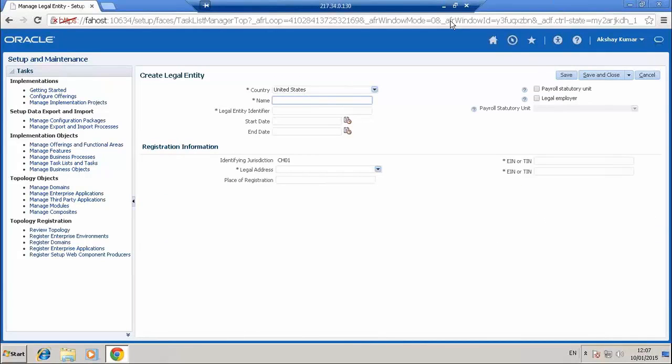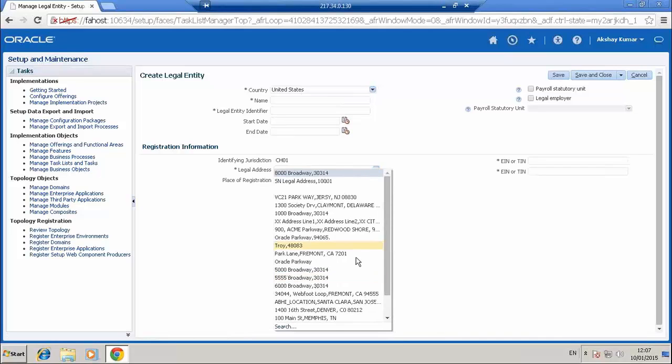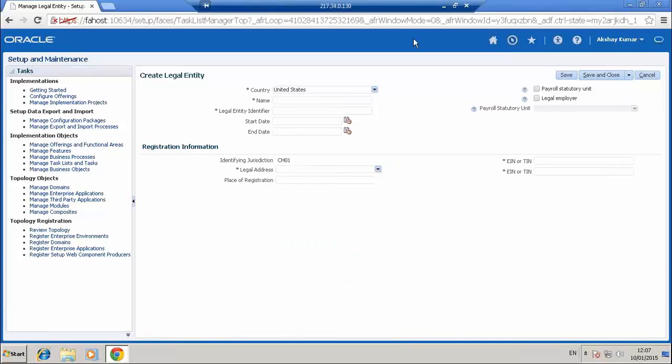Here is the information which covers the legal entity. That is, you give the name of the legal entity and the identifier. Here is the legal address which you will add, which you already created using Manage Legal Address. And the next part is the major thing here: whether you want this particular legal entity which you created to be a PSU, payroll statutory unit, and also a legal